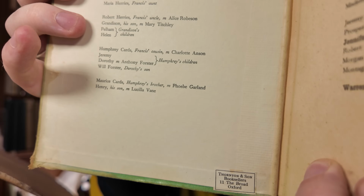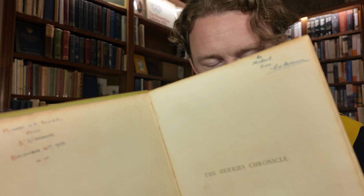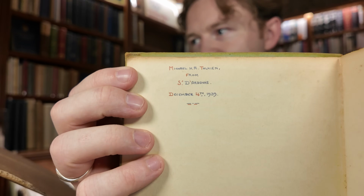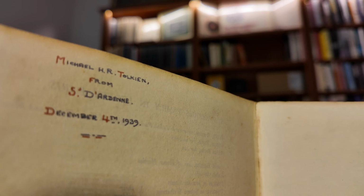So this was bought, we can see here, at Thornton and Son Booksellers, 11 the Broad, Oxford. So bought at Thornton's. And we've got the title page here, and then we've got 2 inscriptions here. One by Michael and one by the person who gave it to him. So we can see here, it says, to Michael from S. Dardenne. So there's a presentation inscription. And then on the other side, we have Michael's own handwriting. Michael H.R. Tolkien from S. Dardenne, December 4th,